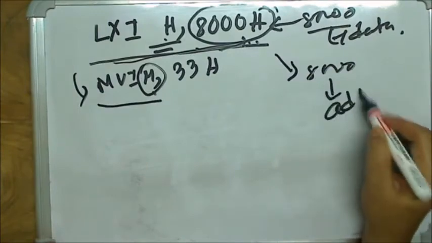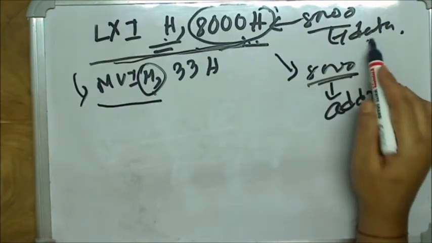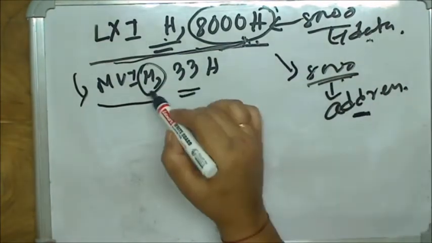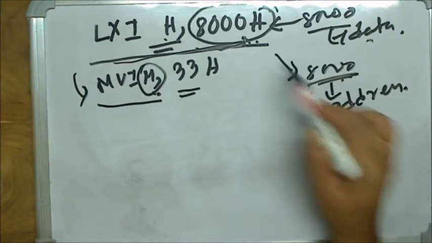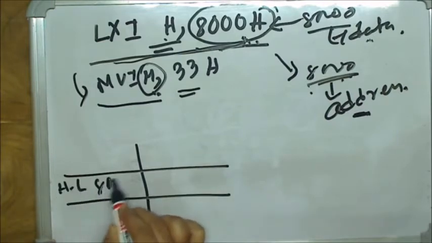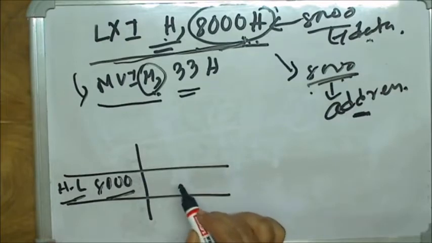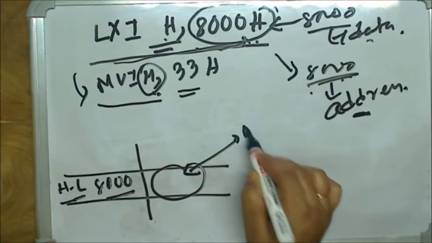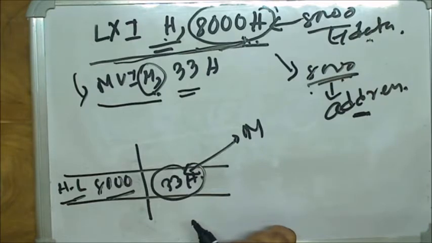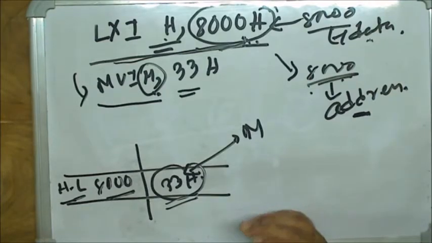If you are writing M, then this 8000, which was data in the first instruction, will act as an address. As soon as it sees M, the processor will go to the memory location pointed to by the HL pair. What is the memory location in the HL pair? 8000. And this is your M. So it will put 33H in that particular memory location. Understood? Location 8000H will now get the value 33H. I hope it is clear. As you take more and more instructions, it will become clearer.